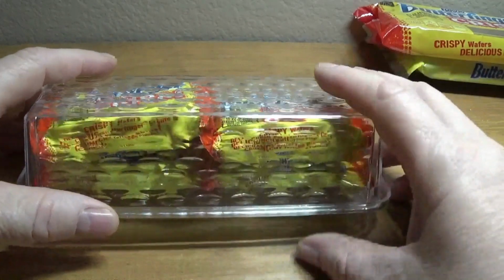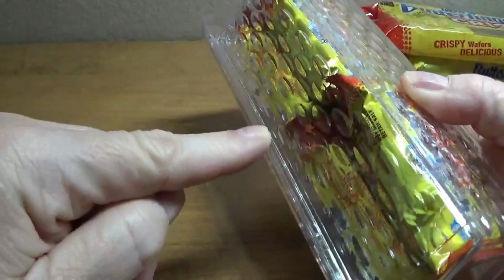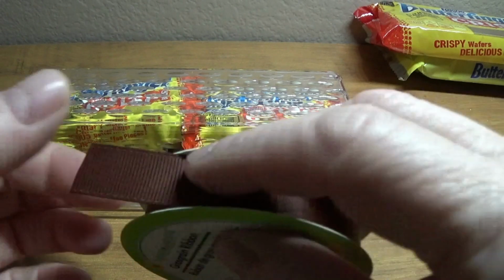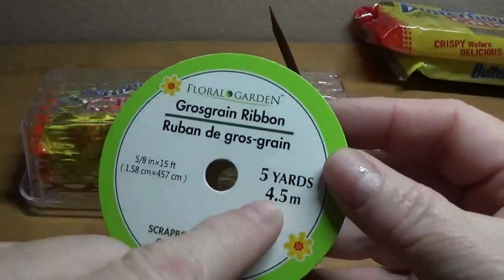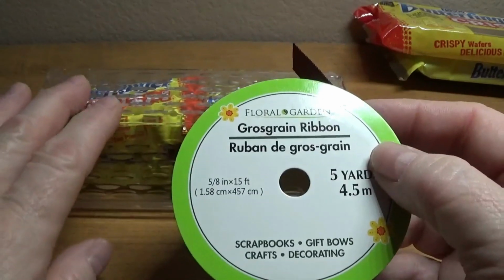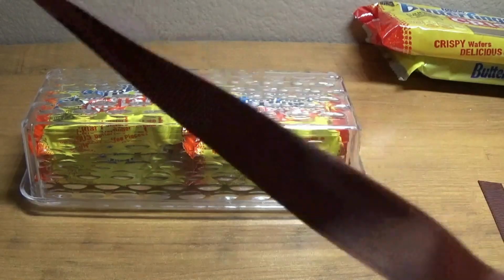Now if you wanted to, you could put a tiny piece of tape here and here, but I'm not going to do that because this will be just fine when I'm finished with it, and it will hold together very well. So the next thing you're going to need is some of this chocolate brown grosgrain ribbon from the Dollar Tree, and there are 5 yards in each roll, and you're going to be using 1 yard for each one of these. Alright, so first thing you're going to do,